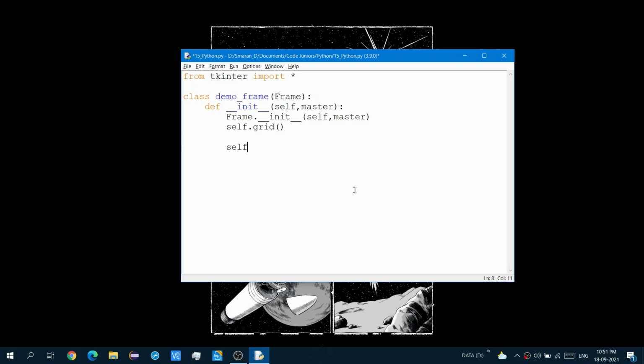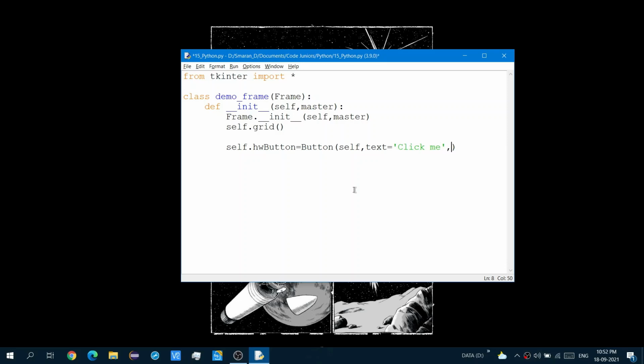Next we call self.hw_button and set that to equal a Button. It's a class from tkinter. So there are several inputs you can give to Button, but for now I'll just keep the most necessary ones. So self, of course, and then text, the label of the button, which I'll set as click me,